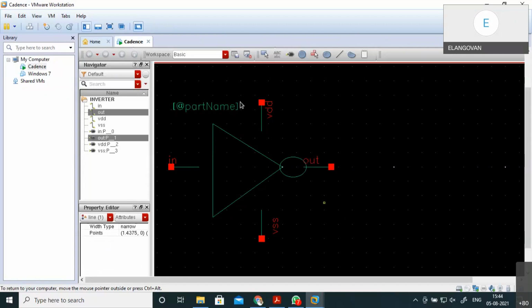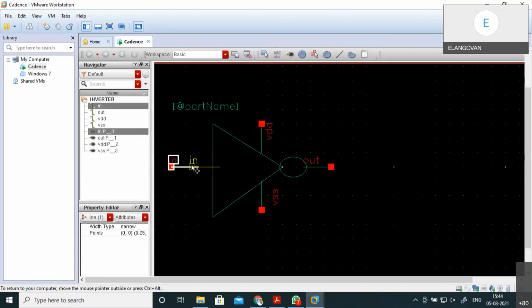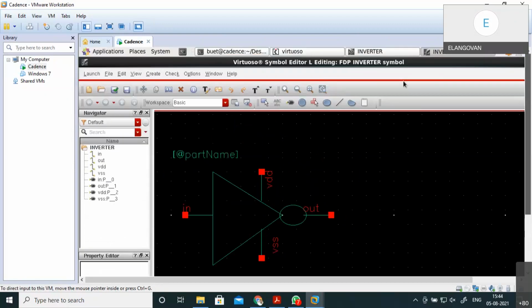It's not a perfect symbol. Yeah, it's ready. So you can save this.